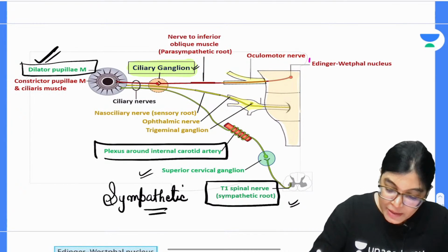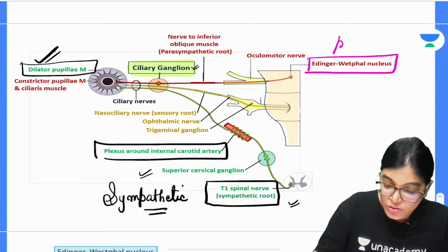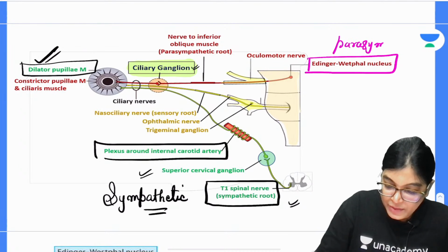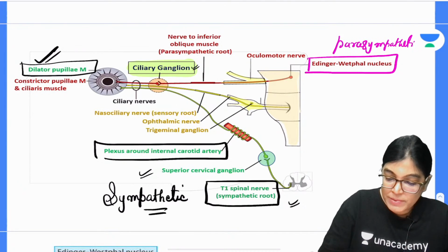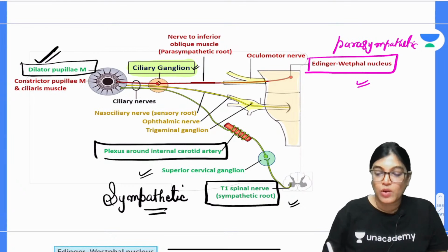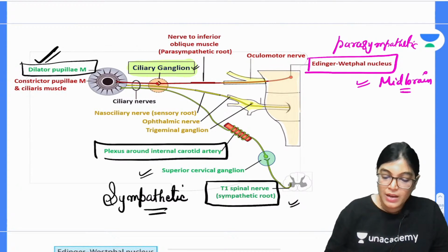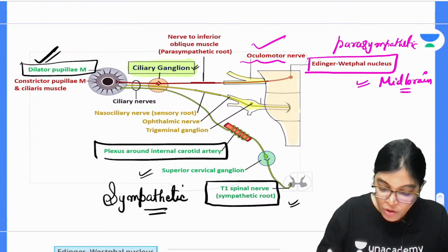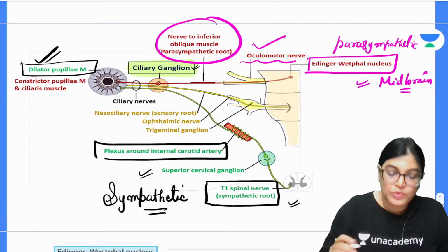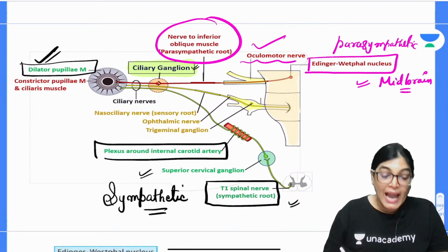the parasympathetic. Parasympathetic fibers are arising. So, this is the root which is showing the parasympathetic fibers. Parasympathetic fibers are arising from Edinger-Westphal nucleus, which is located in the midbrain. What is the location of this nucleus? Midbrain. From here, fibers will pass along with oculomotor nerve via nerve to inferior oblique muscle, and this fibers, can